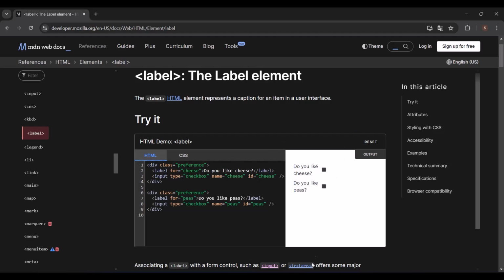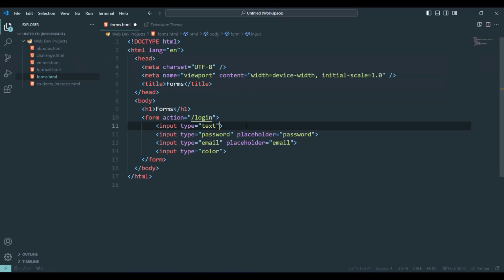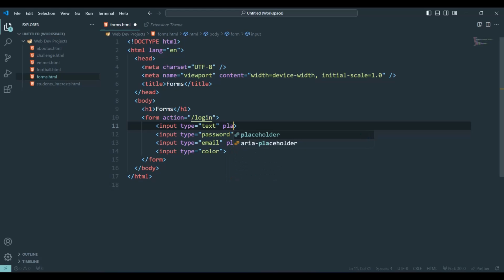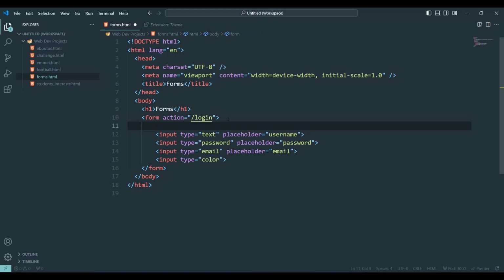Alright, let's open Visual Studio Code, and let's put here a placeholder because I didn't in the last video. Let's type username. Now let's create a label. I'm gonna type label and press tab to let Emmet generate that for me, and now it's asking us for the ID for which this label is gonna be.